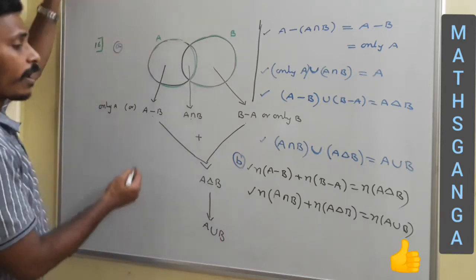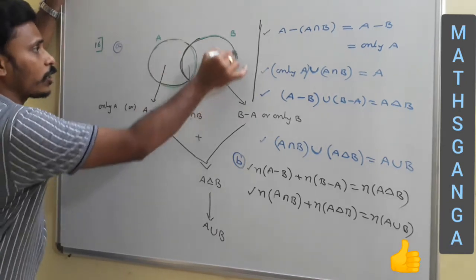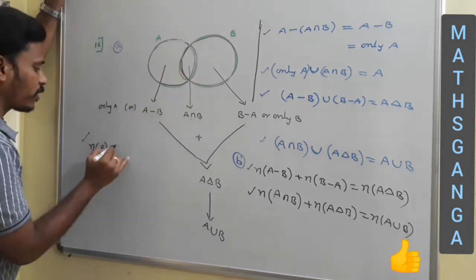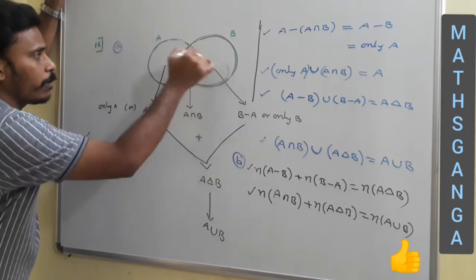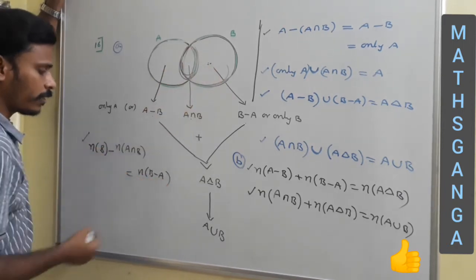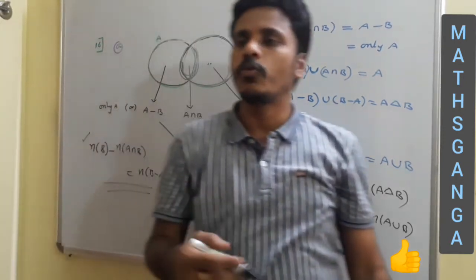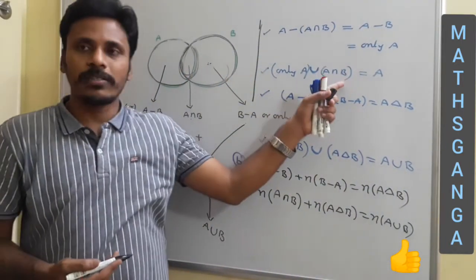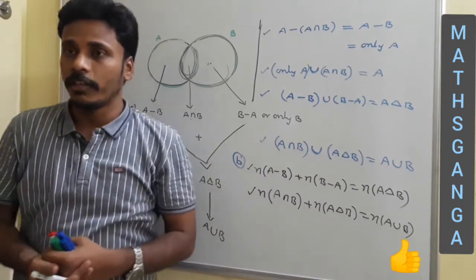Okay. And suppose I will give you one more thing. Yeah, one more cardinal property. N of B, you just consider the total set, which is n of B, minus you just subtract this A intersection B, n of A intersection B, and that is equal to this part, right? This B minus this A intersection B is just nothing but this part, which is n of B minus A. In the same way, if you think for some time, then you have a chance to write many ways, many ways to write the usual set properties as well as cardinal properties. Just have a look and then I will give you the next idea.